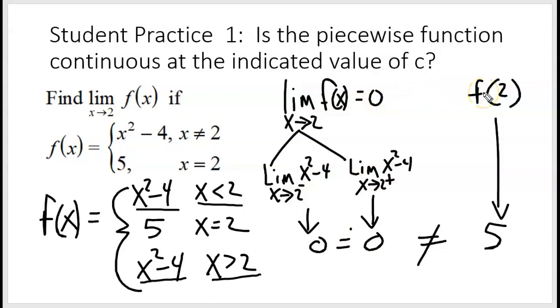Now what's f of 2 though? So that's the part where we look for where x equals 2. And that's here. What's the answer? 5. So f of 2 is 5. So even though the limit exists, and even though the function exists, we still have a problem. They're not the same. Not only does the limit have to exist, but it has to equal the function. And so the final answer to this one is not continuous